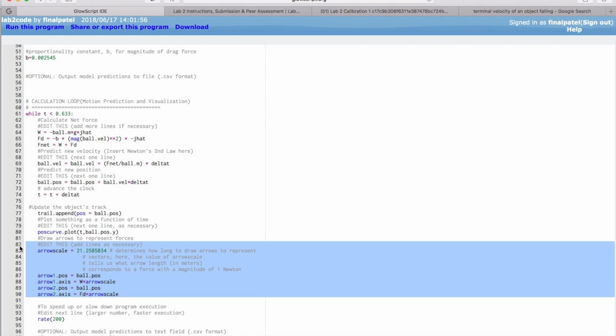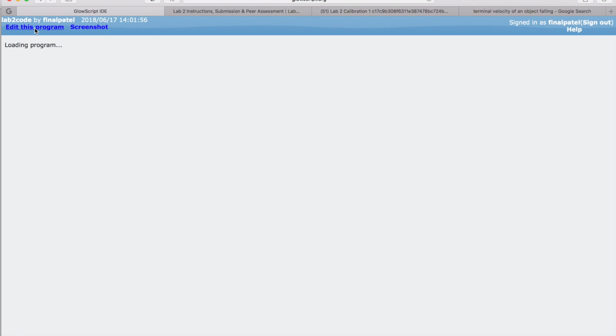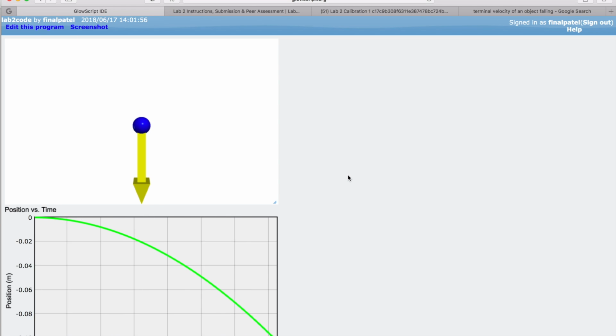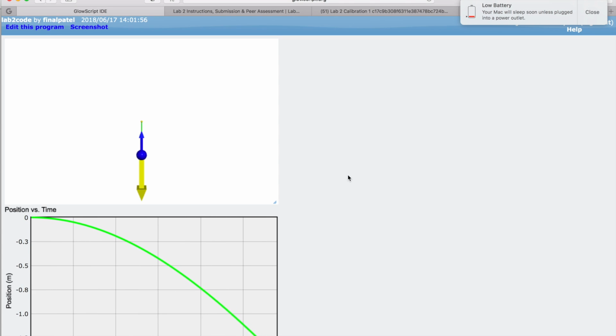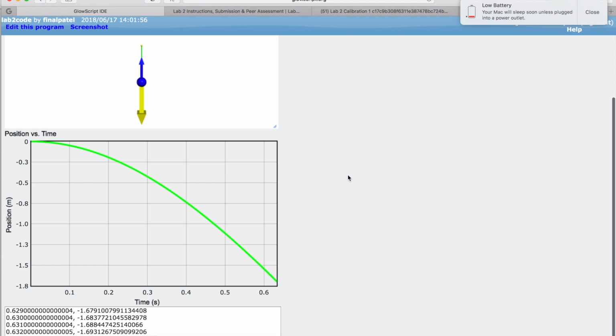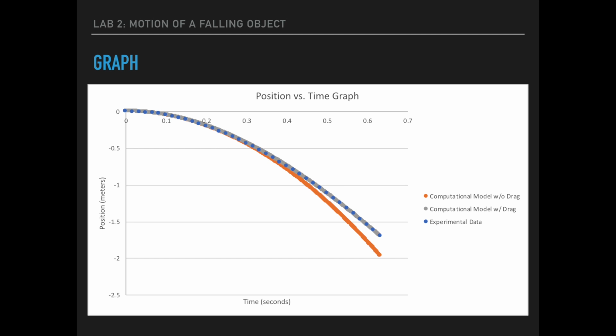Here is where the arrow scale is used to create the arrows that represent the forces acting on the ball. Once the code is run, we get a computational model that is representative of the motion of the ball falling. Taking the data given to us from the computational model, we are able to compare the observed motion and the predicted motion. This graph shows the experimental data that we obtained from the video analysis and Tracker, and the computational